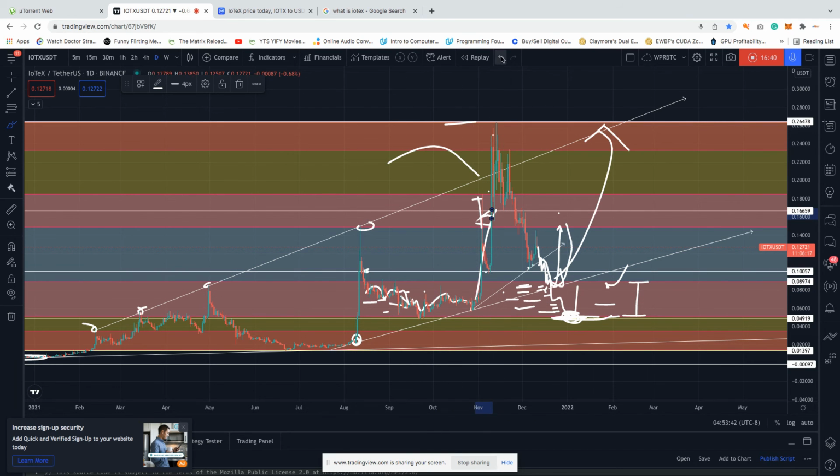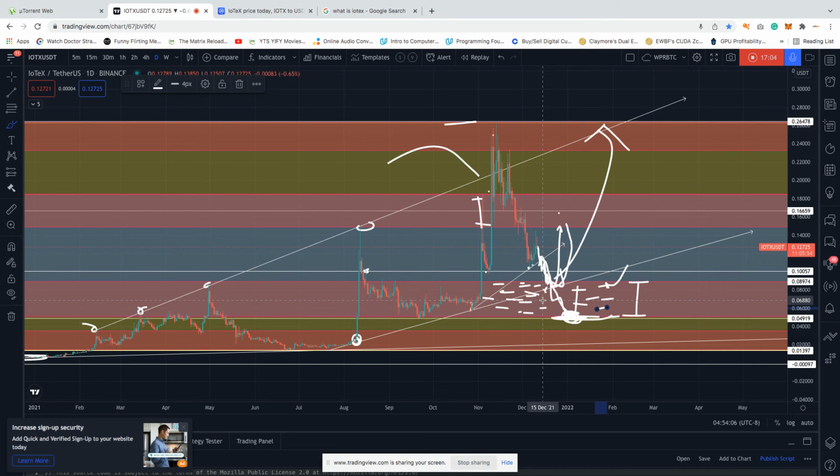So right here, we could have price going like this, depending on the money force in this area. Demand. What are the demand? Now, nobody can tell you the exact money force that is going to lay in the future. You don't know who is going to wake up tomorrow morning. Elon Musk can decide that he wants to buy this coin and put $1 billion and the price will change,